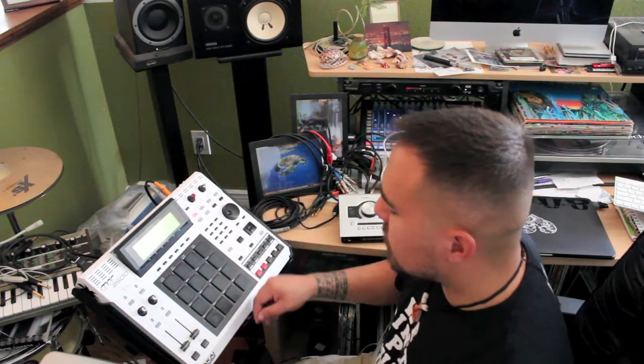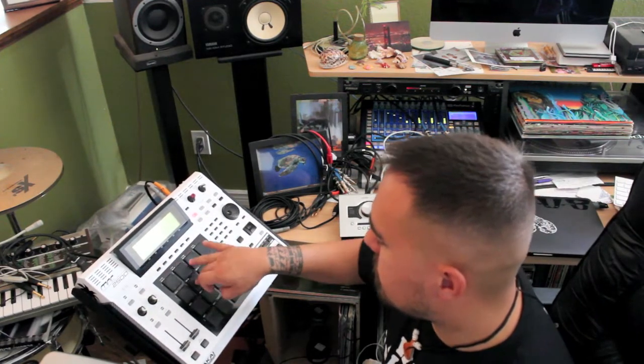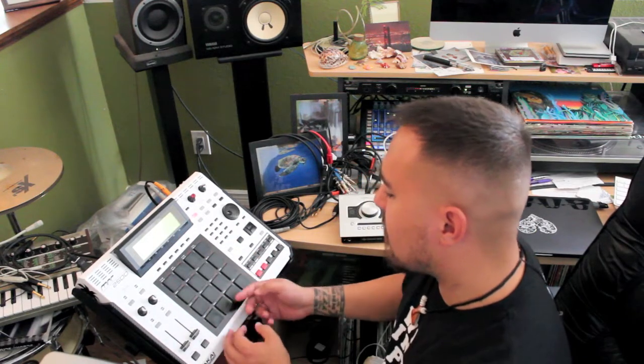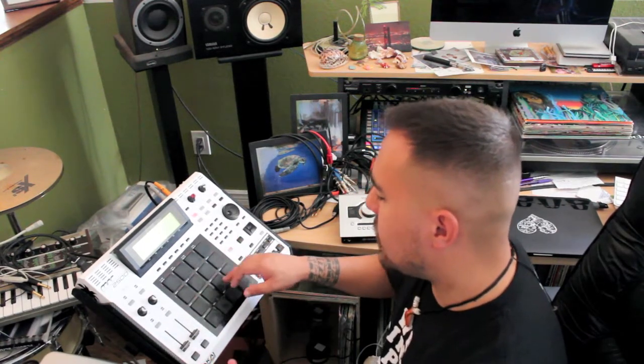And then I start loading up my drums. For every beat that I do, I usually keep the 16 pads loaded up with kicks across, snares, percussion sounds, open hi-hat sounds, and then I like to stack them within, I